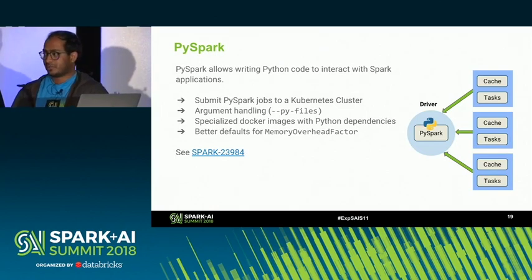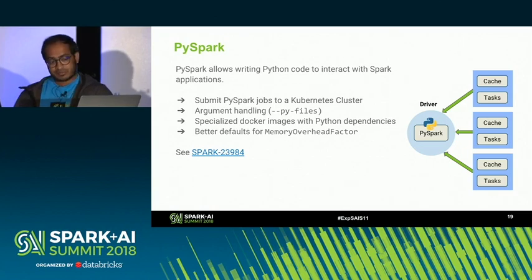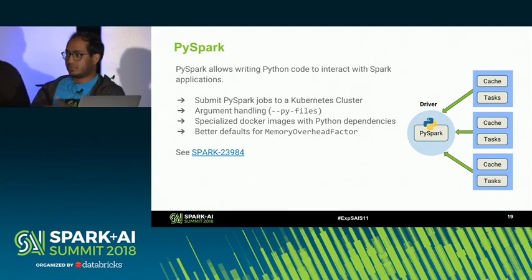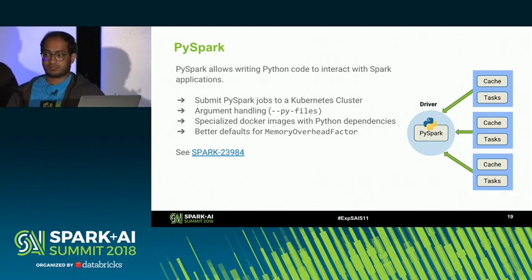This comes from popular demand. Pretty much everyone's asking about it. So this is the ability to submit PySpark jobs to a Kubernetes cluster, which in turn, if you were to have PySpark and then have a Jupyter pod in a way similar to what Sean just showed, you could have Jupyter connecting to that and running your Python Spark jobs as well.